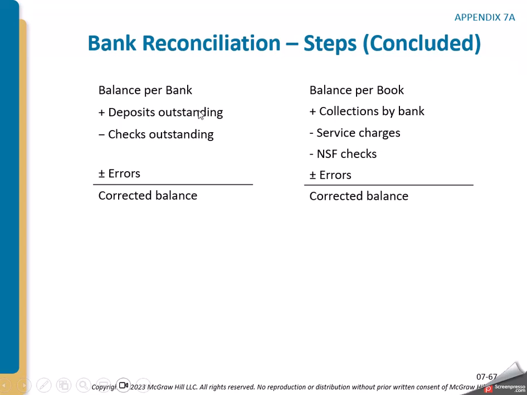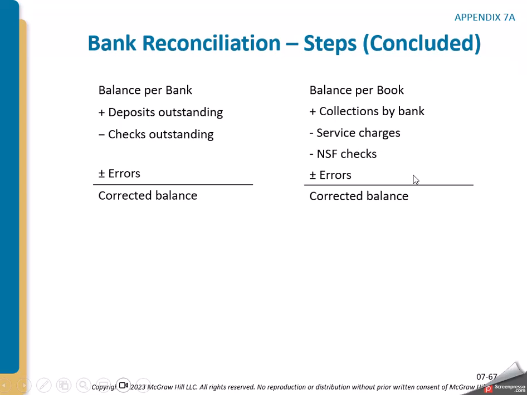So the balance per the bank, we need to add any deposits that are outstanding. Like we deposited at the bank, maybe in that overnight depository box or drawer, and it doesn't get deposited into our account till the next day. We wrote checks that are in the mail, or someone hasn't taken them to the bank to cash yet. Those are checks outstanding. Then our balance per the books already has those deposits and those checks recorded.